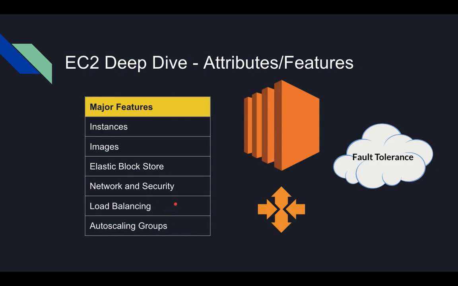Load balancing divides or distributes the traffic across instances based on the load. Load balancing itself says that based on the load, it will balance the traffic across the multiple instances behind it. And autoscaling groups speak about the high availability and scalability of